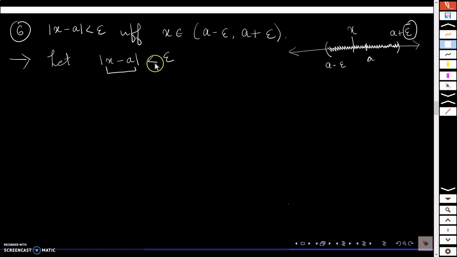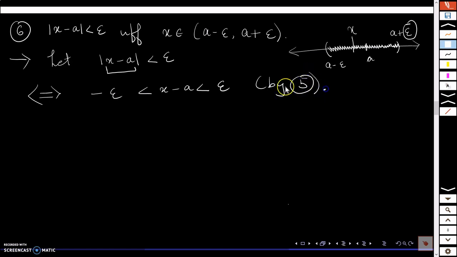So by property 5, this is going to happen if and only if minus epsilon is less than x minus A, and that is less than epsilon. So this is by property 5 on the previous slide, correct? And that is going to happen if and only if, what I can do now, I can add A